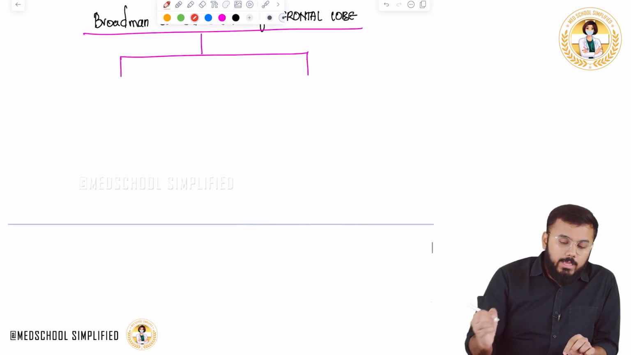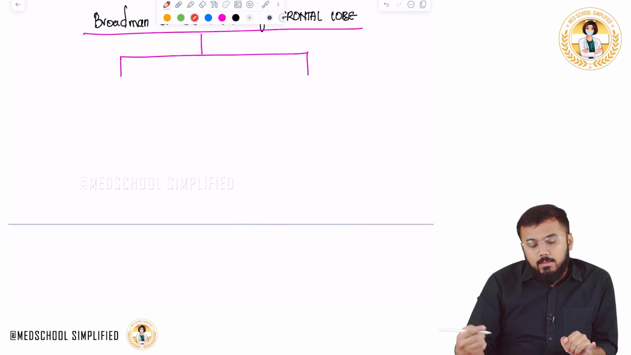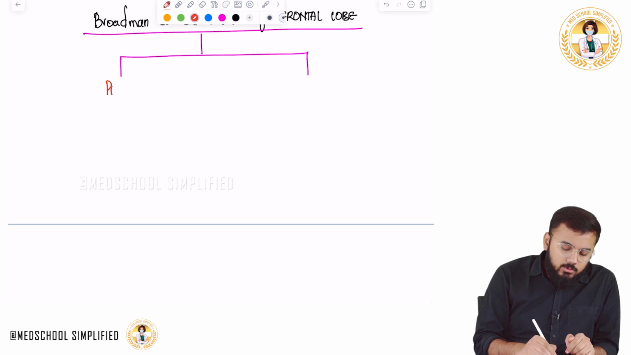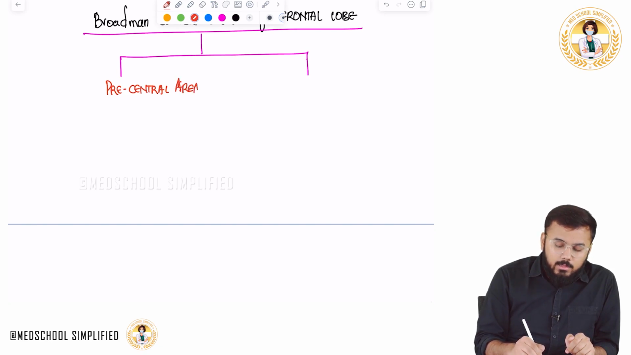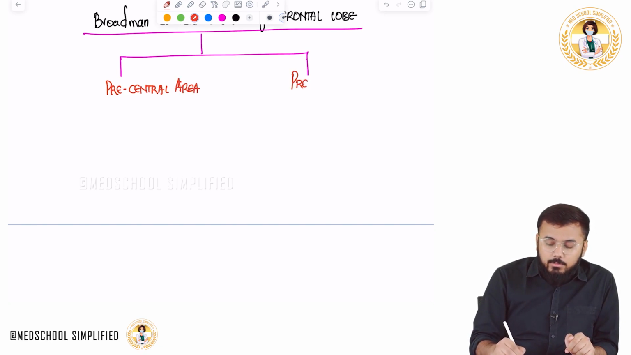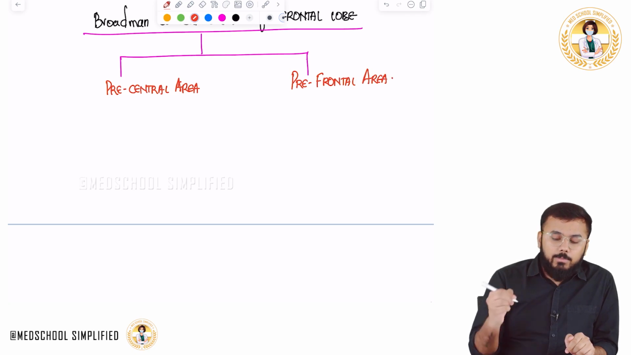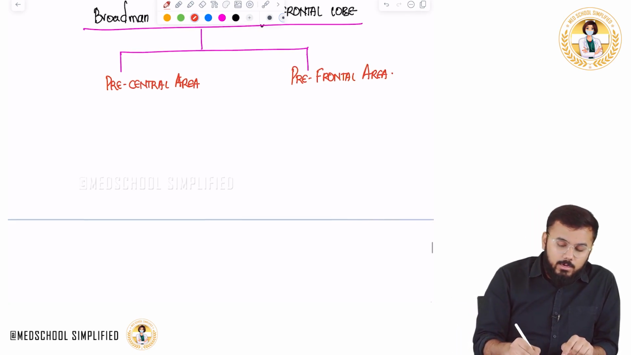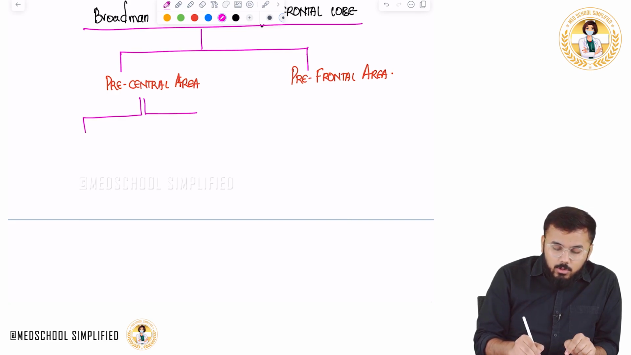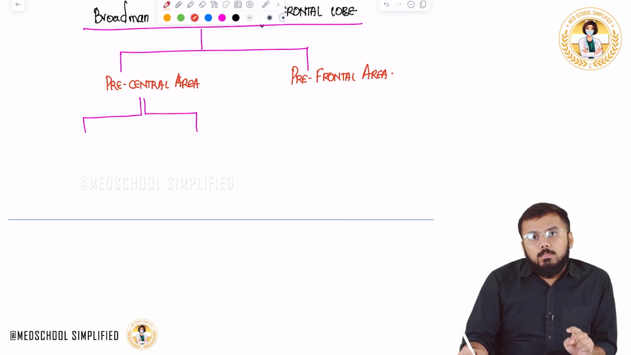So there are two important areas over here. One is called precentral. Another one is called prefrontal. I will show all this in the form of a picture. Now, when it comes to the precentral area, it is also divided into two. What are these two important structures? One is called a motor area,